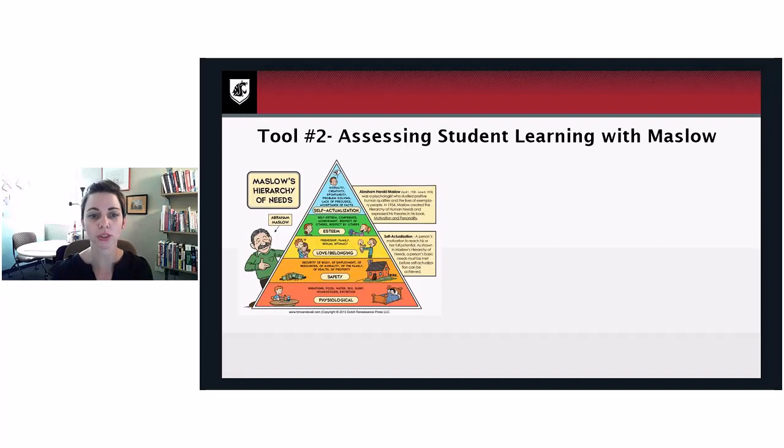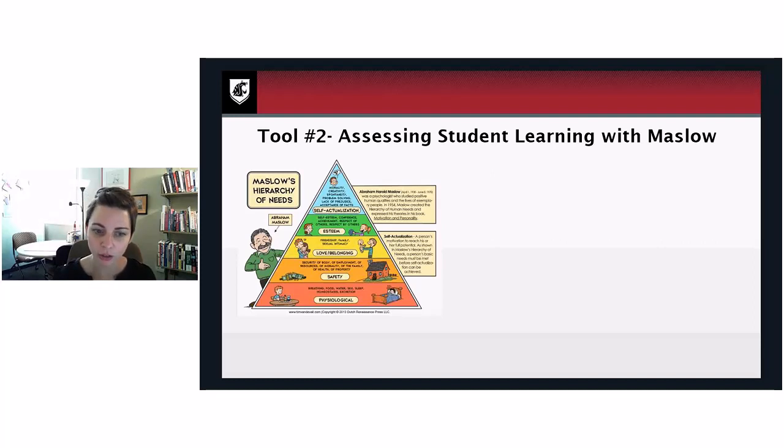So our second tool is about assessing where the student is at, because as we've talked about, how do you meet them where they're at if you don't know? Many of you who are watching this video probably have heard of Maslow's hierarchy of needs. It's very common in the health sciences to talk about this. And this is one assessment tool that you would use. You're not necessarily going to ask questions to find out where the student's at. You're not trying to diagnose the student. You're just trying to figure out